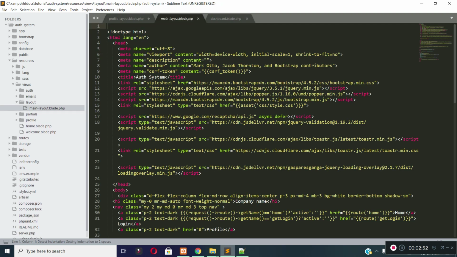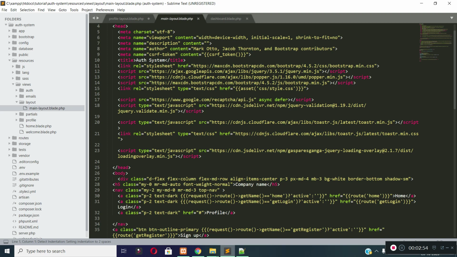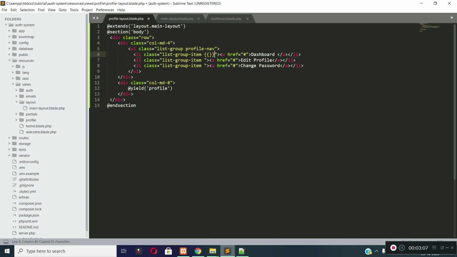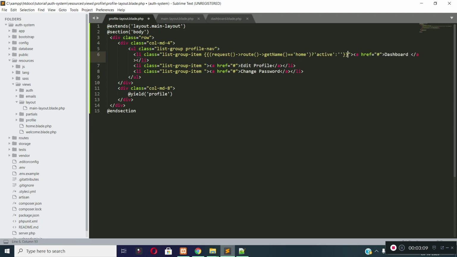If I open my main layout.blade.php file, you can see I added dynamically an active class to this link by checking current route name. So in our profile layout, I also check the current route name. So I am checking if current route name is dashboard. That means if we are on the dashboard page, then I will add an active class to this dashboard link.